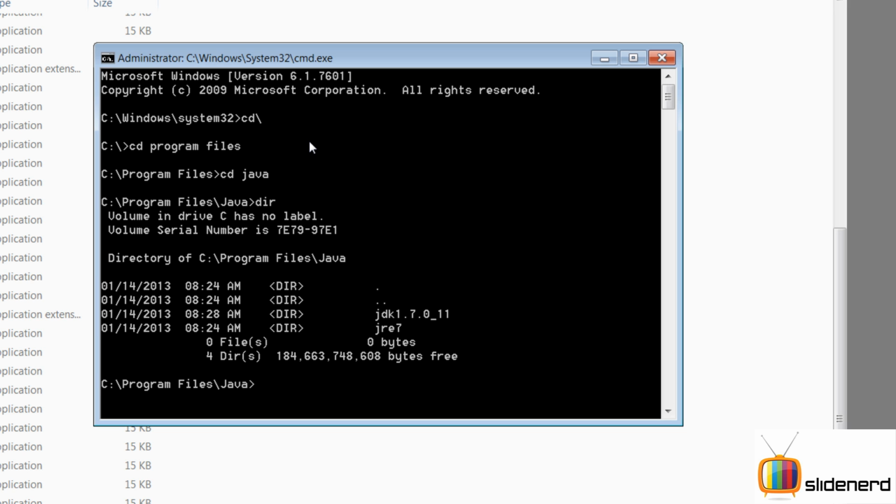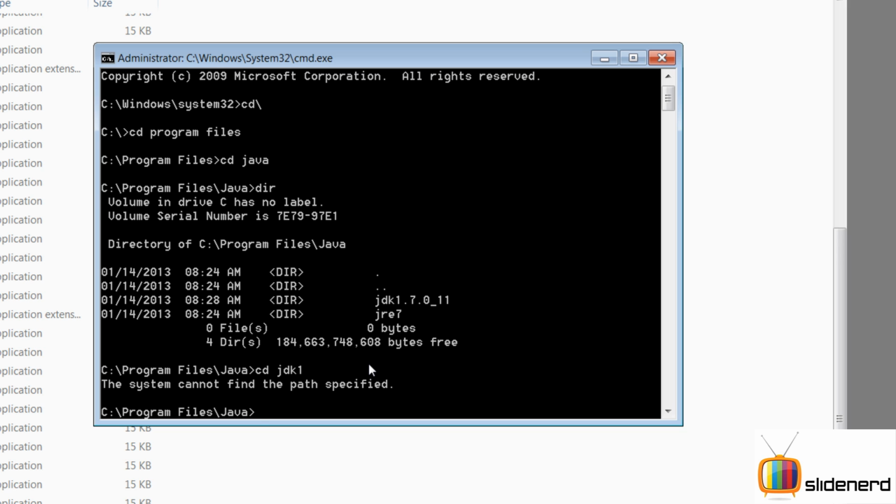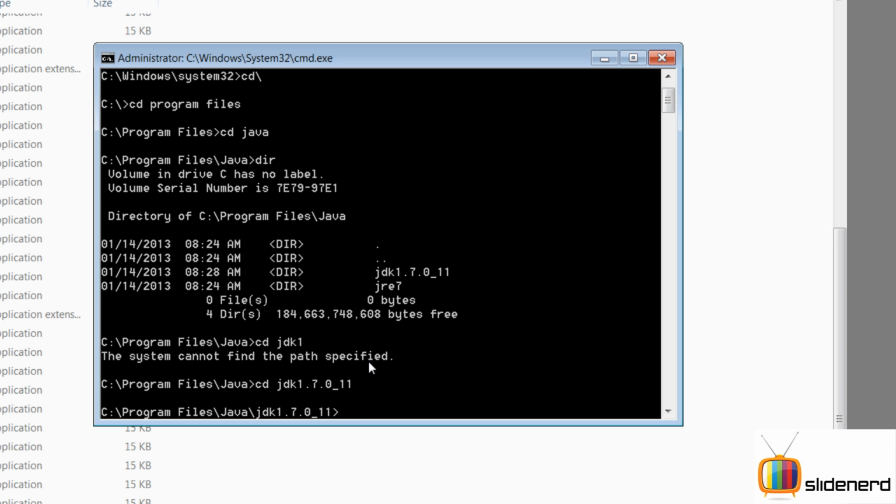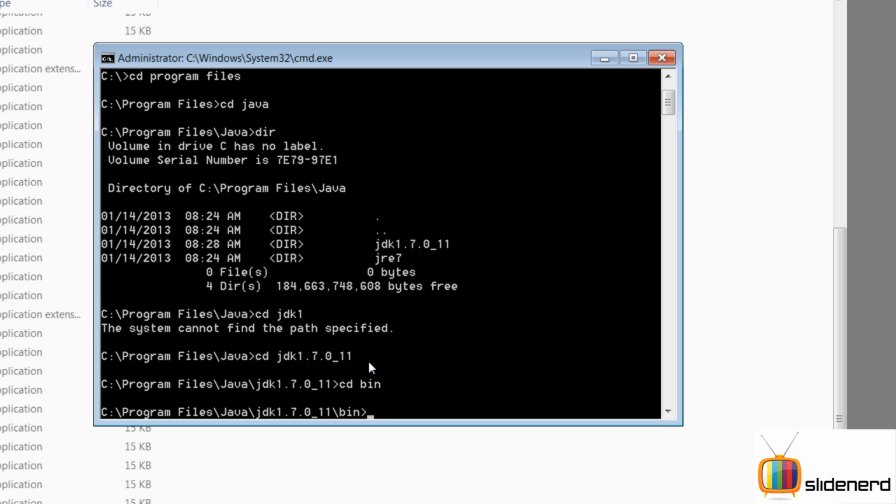I'll say dir. It's gonna say jdk. You see this jdk thing over here? We are simply trying to go to the same folder through command line. That is cd jdk 1. Click enter, cd bin.